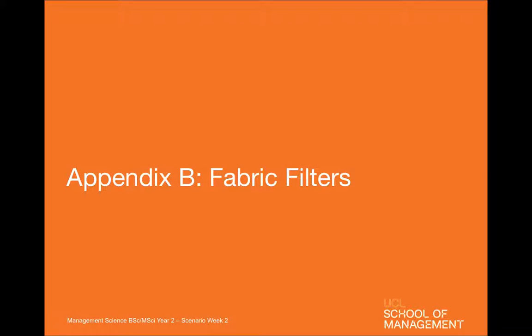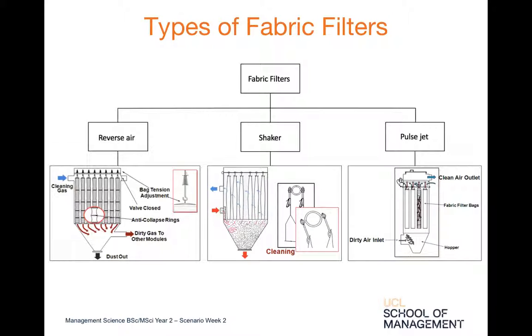Appendix B is on fabric filters. As in any filter process, a dust cake is formed on the filter at one point, and a cleaning system is necessary to get rid of it. The fabric filter can be divided in 3 depending on their cleaning process: 1, 2, 3. During the reverse air cleaning process, bags are cleaned by injecting clean air into the dust collector